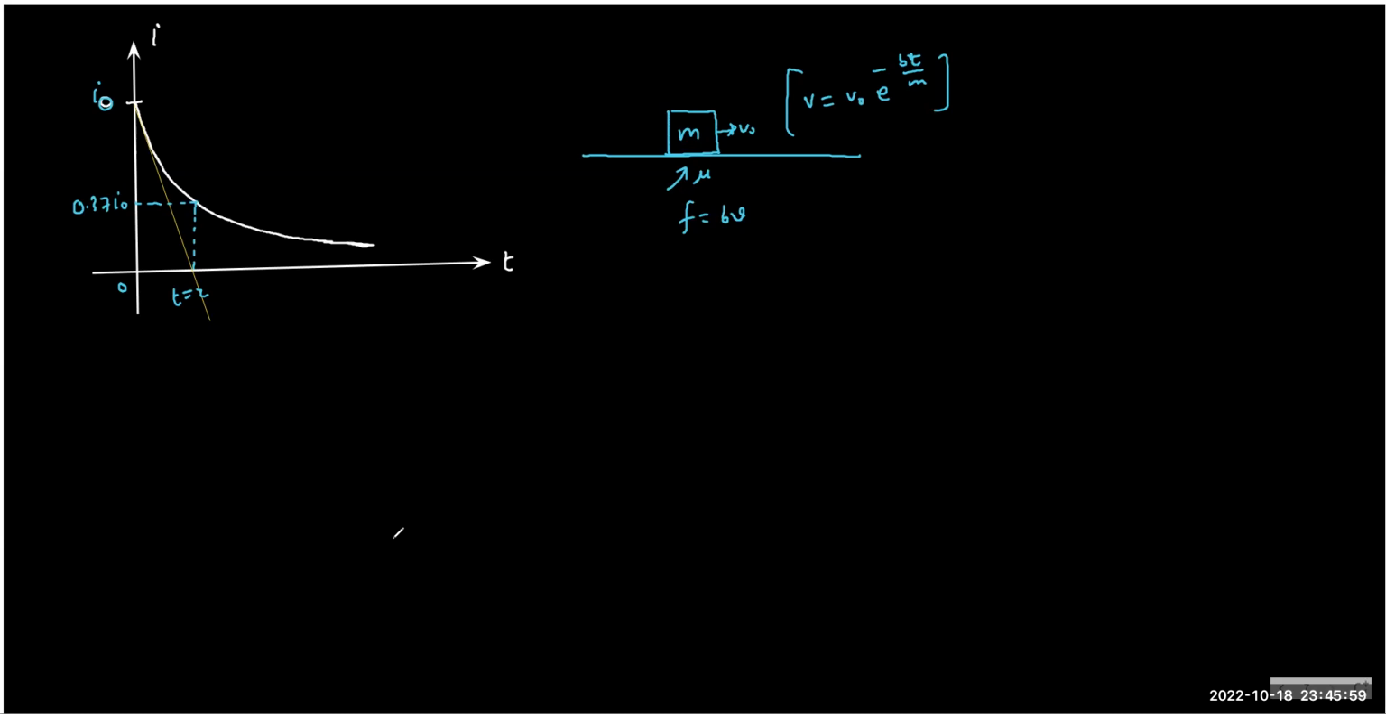So this is the LR circuit, the growth and the decay. Now we'll see something more complex. We should go for